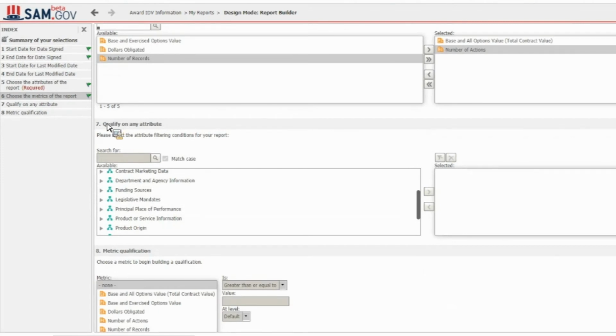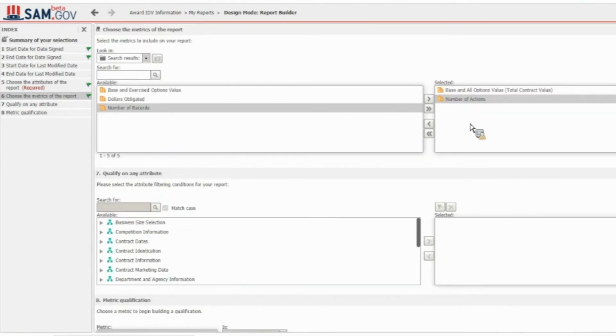Next question will be qualify on any attribute. Basically, in this section, you will be creating a report filter for your report. Independent of what you selected as attributes and metrics, you can enter a where condition, the logic that will filter your data. Irrelevant to what's on the report, you have different hierarchies. One dot at the top and 2 dots at the bottom icon defines a hierarchy. These hierarchies are built on the FPDS